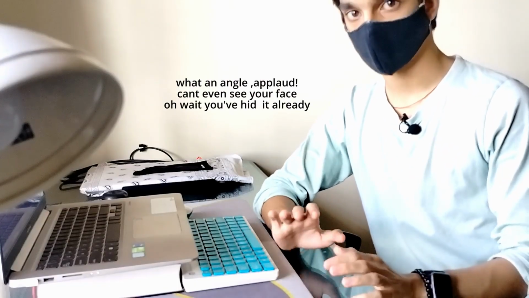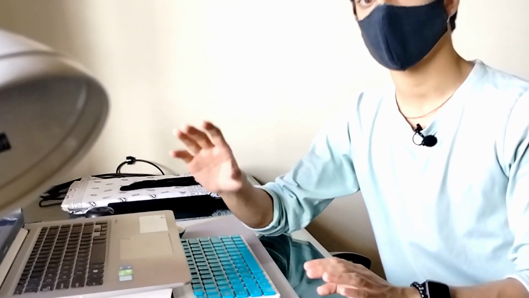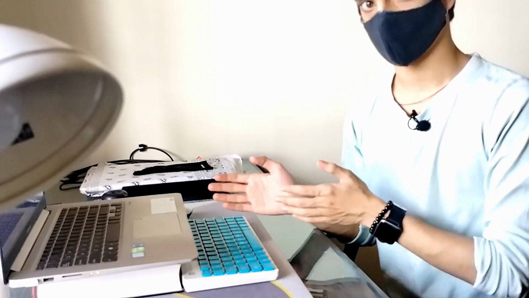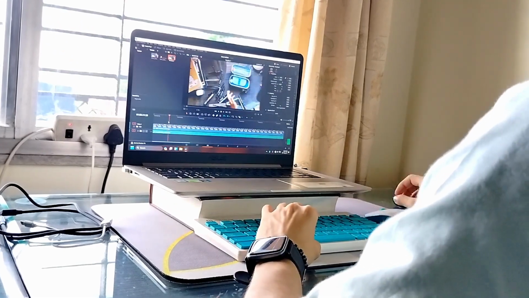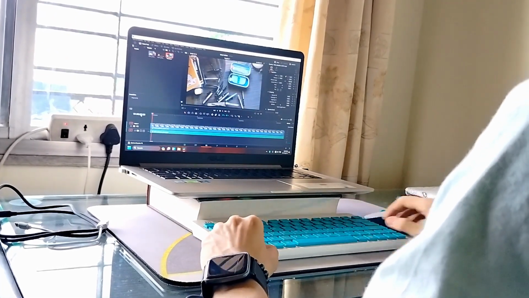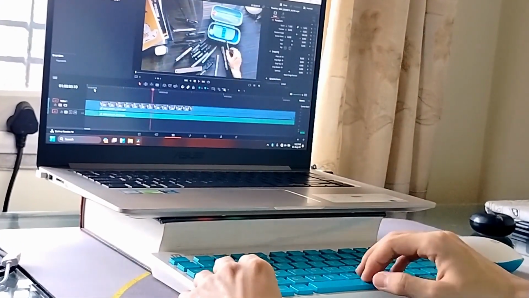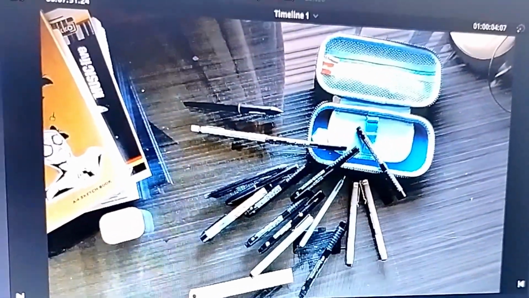So I have imported all the files and footage onto my editing software, and now I will be chopping out all the unnecessary stuff that is not required and only keep the images that are needed to create a stop motion video. Epic time lapse, go. Our most recent frame, and after this we are supposed to get this. As you can see the difference,